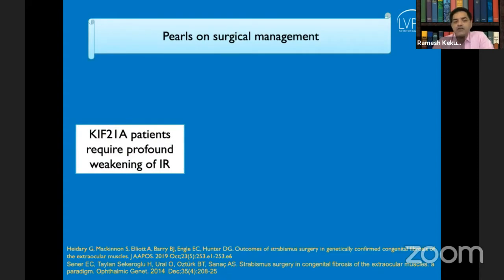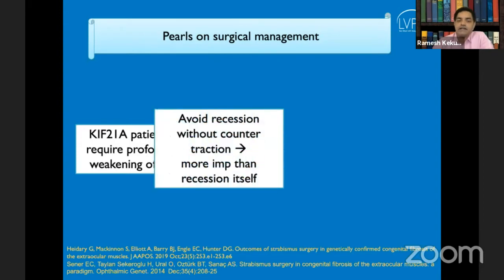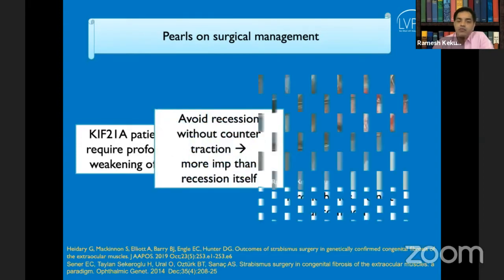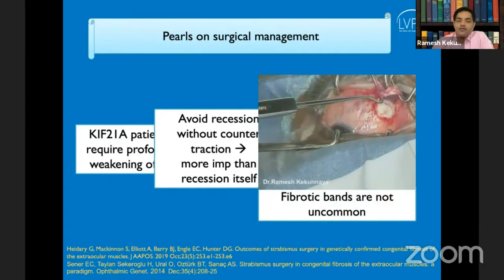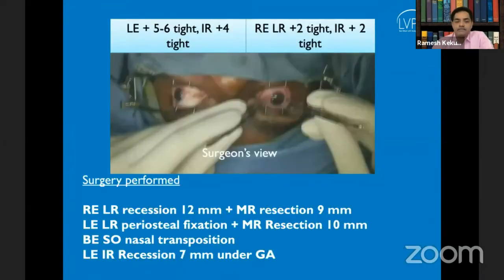KIF21A patients require profound weakening of the inferior rectus, that is in type 1. You should always have a counter traction for these patients. And fibrotic bands are not very uncommon. And you need to always do an FDT before. And in this patient, we did a very large recession on the right side with resection. On the other side, we did a periosteal fixation with a very large